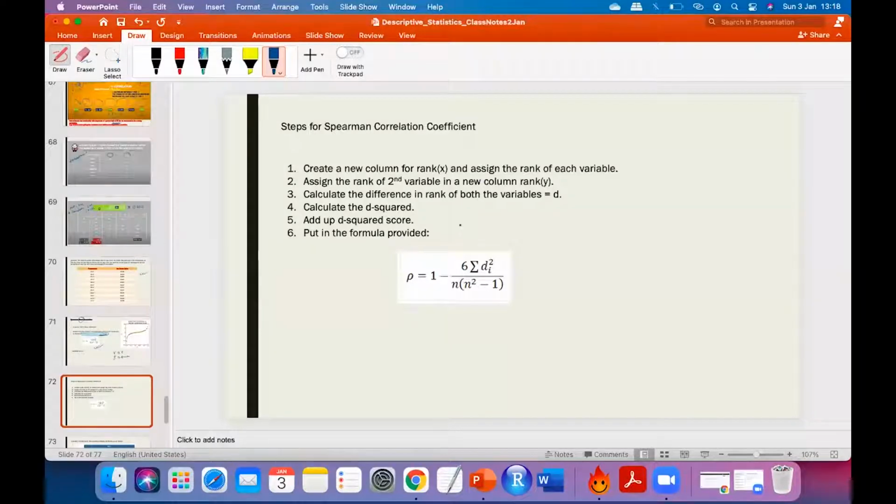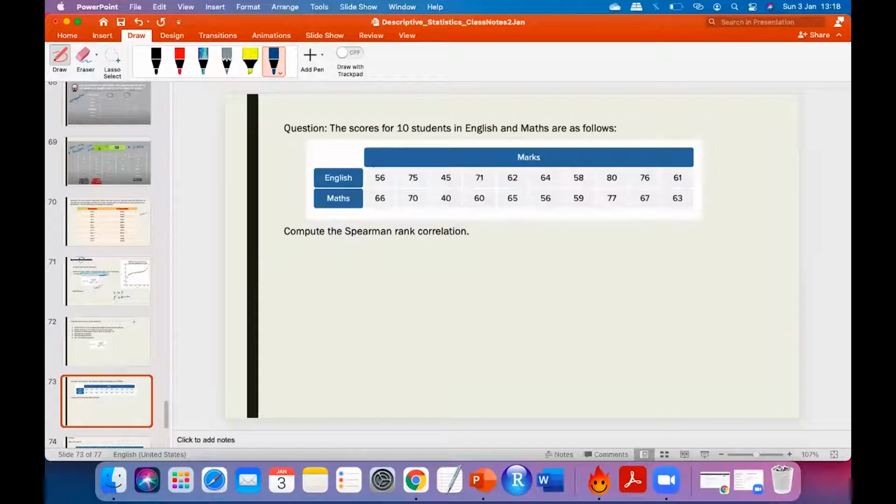See, the concept is the same. It is also there to find out the relationship between two variables. The only difference is that it will rank the variables in that order and then try to find out the relationship. How will I do that? I'll come to that. The direction and strength, both the things will come. Now create a new column. This will be a bit confusing, so let's go directly to the question.